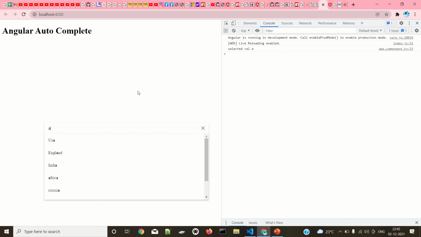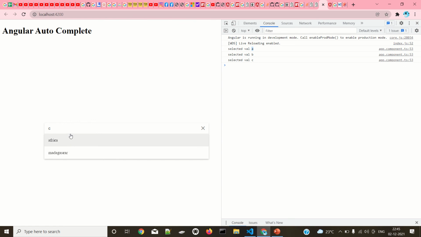If I give A, all the countries which contain A are listed here. See, the A is bolded here. This is the selected value now. If I type B, this value is there, Albania. If I type C, Africa and Madagascar are there.